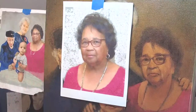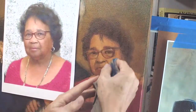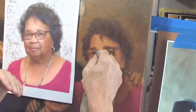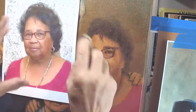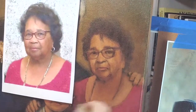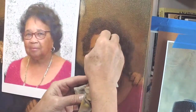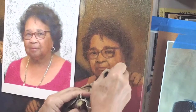Now, as far as just painting goes, I am the happiest with the look. It's got a glaze over it right now, but I'm quite happy. I hope I can retain the energy in this particular face. I have more details to do on all of these women. The likenesses are down, if you will. Got that part down. But not all the values. Some of the creases are too dark. Some of the highlights aren't high enough, and so forth. So I have more work to do, but I really hope, in particular on this face, that I cannot lose the